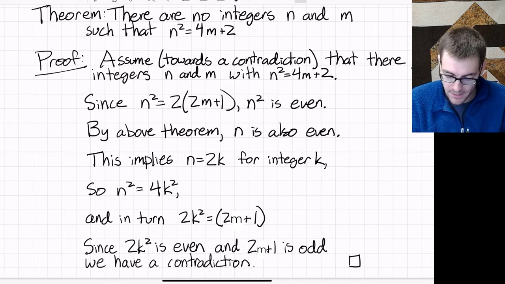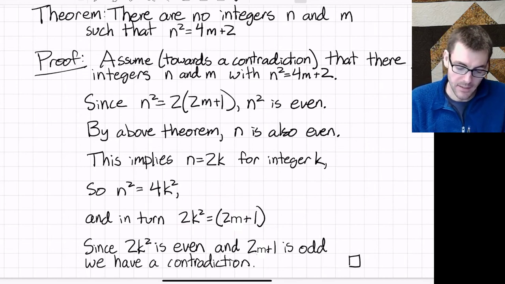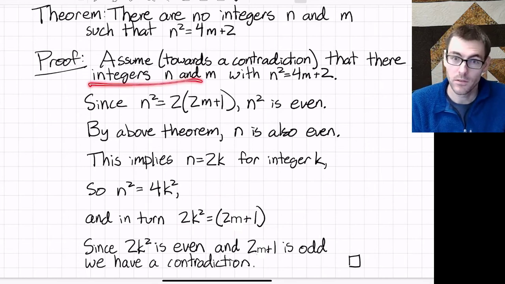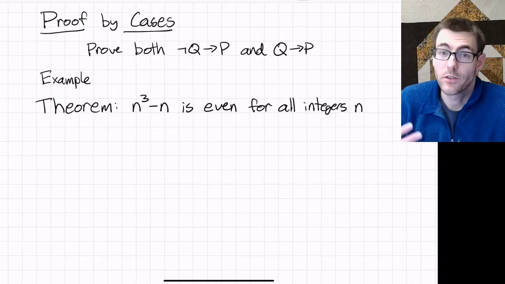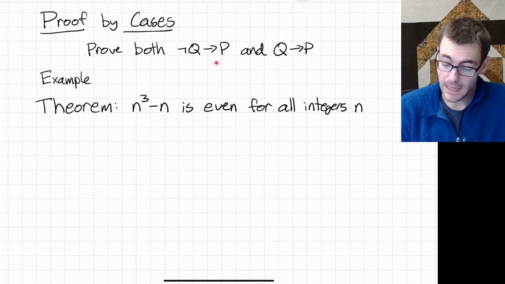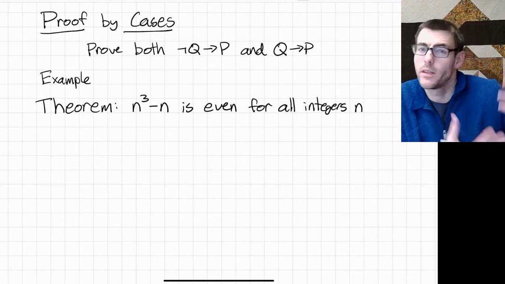We know that this statement can't be true. Therefore, the only weak link in our system, the only other explanation, is that our assumption was false. Therefore, our theorem has to be true. QED. Sometimes if we're trying to prove some statement like P, then there may be some other component of what's